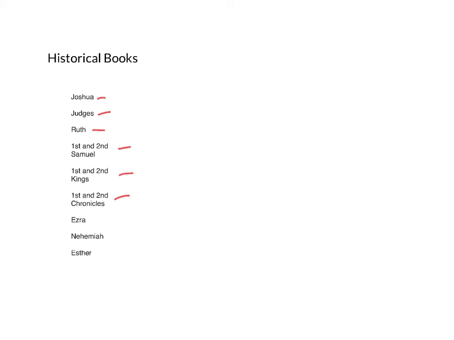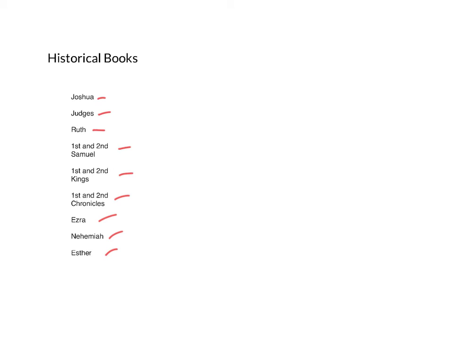Then you've got these little stories of Ezra and Nehemiah, who are stories about Israel's experiences under captivity, followed by this little story about Esther, who is one of the Jewish women who is born in captivity in Babylon, in Persia actually, but who becomes queen and is given an opportunity to do great good for her people, Israel.